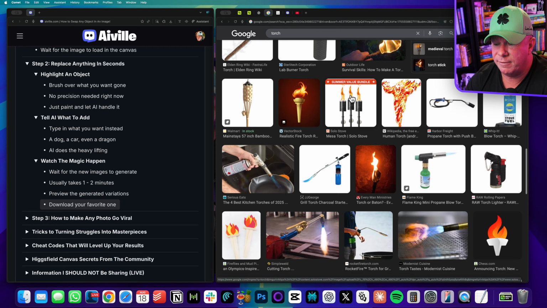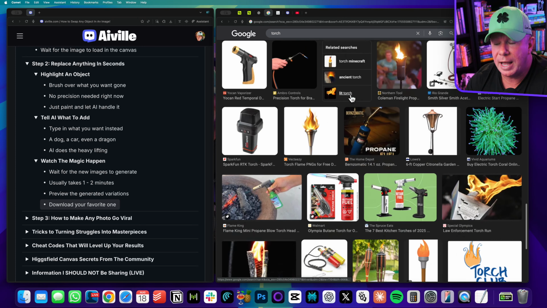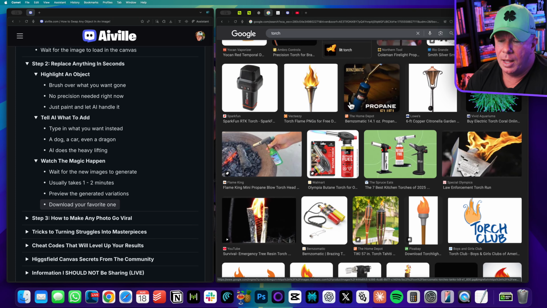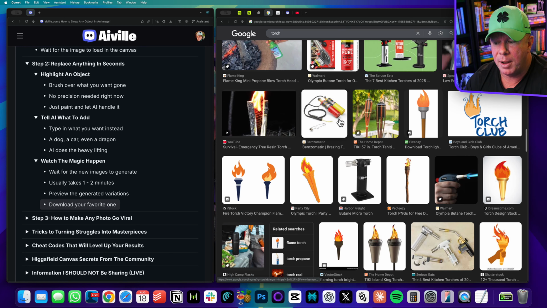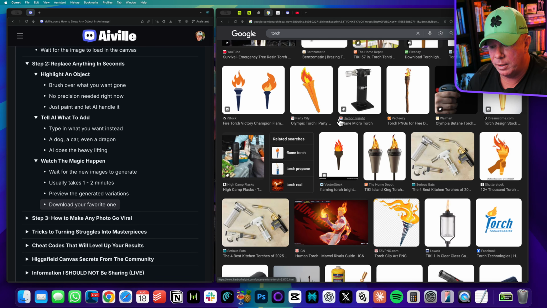Or you could go to Amazon and find something on Amazon that would be fun. A lot of people that are doing this right now, where they're swapping products out inside of images, is more like product placement of products that they actually own. So like holding a certain drink, or holding a perfume bottle, or a bottle of supplements, or a handbag or something like that.